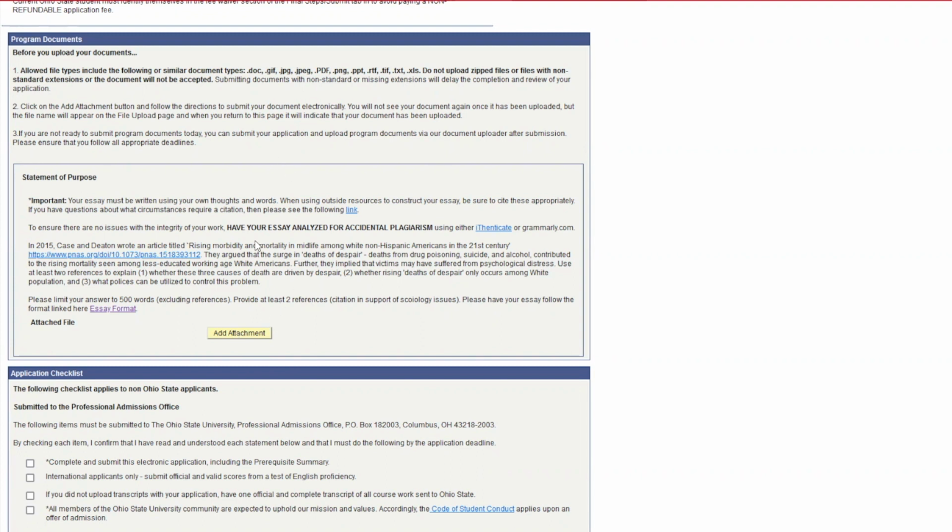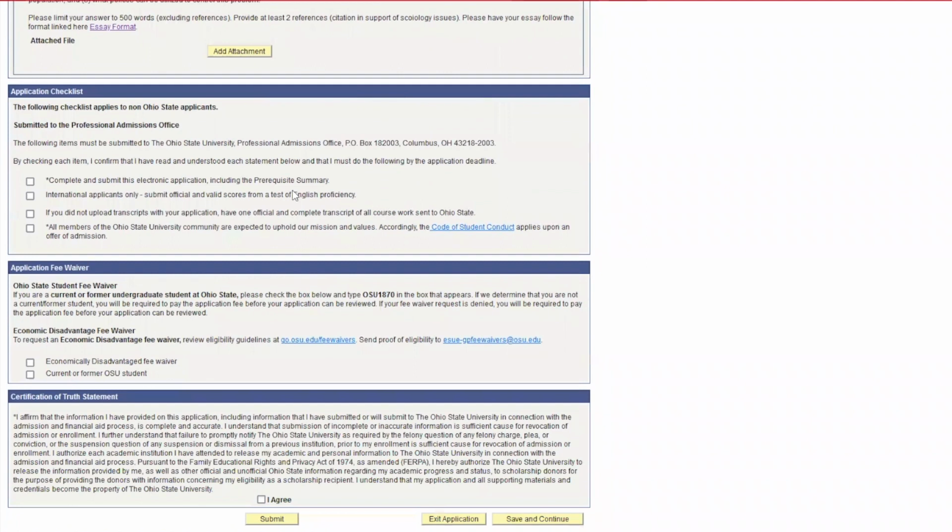And note too, the document types that are accepted. So make sure you're following that so it does get updated and added to your application. And we did provide as well a checklist for you when you're completing and finishing the application. And so make sure you're following along with all of those before submitting.